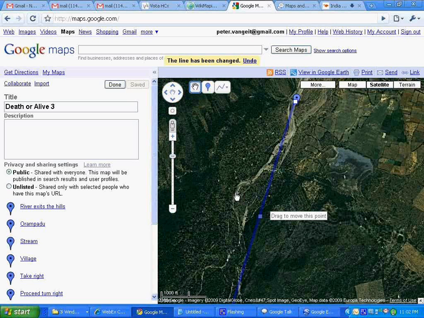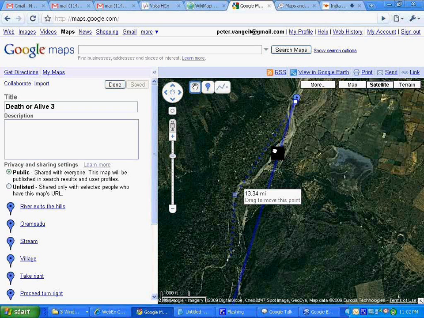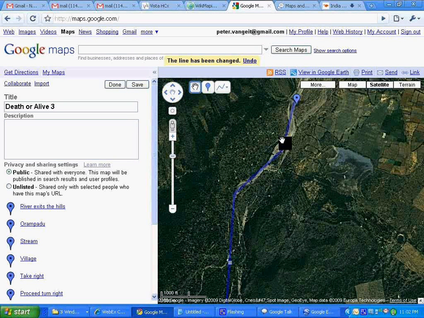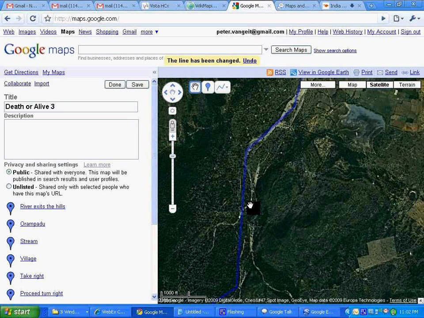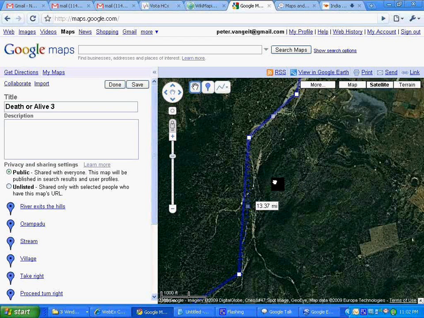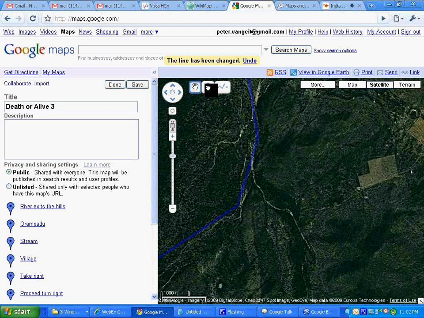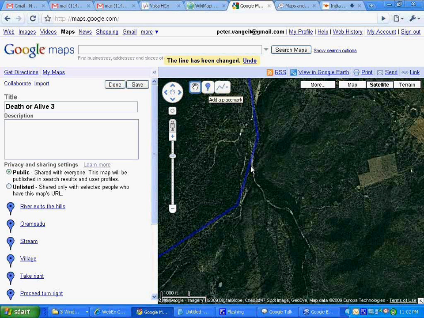Again, from a satellite picture point of view, you cannot really clearly see that the hills are starting here. But if you look again at the topographic view, you can clearly see that from here onwards, you will basically be entering a valley, both on the right side as well as on the left side. You can see how you're basically walking around the